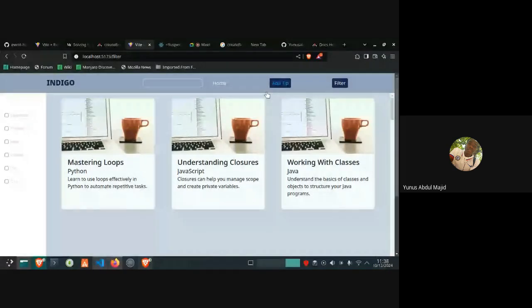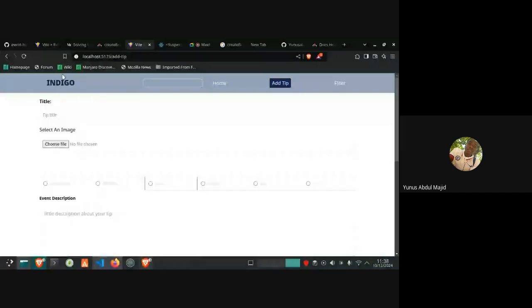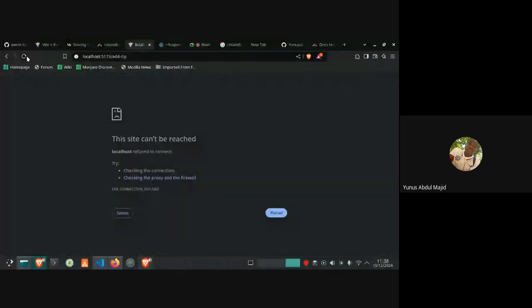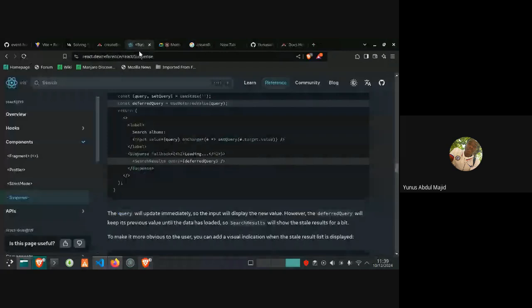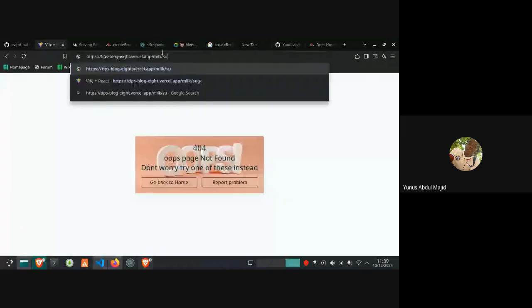If I'm on this page now and I perform a reload, it will show an error, except for the network issue. This is localhost, sorry.